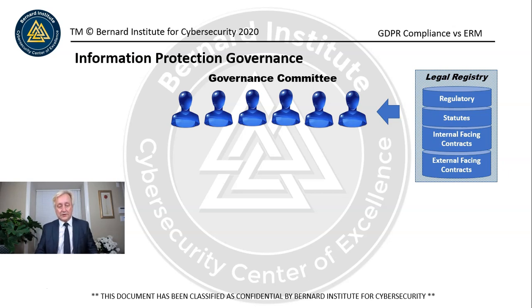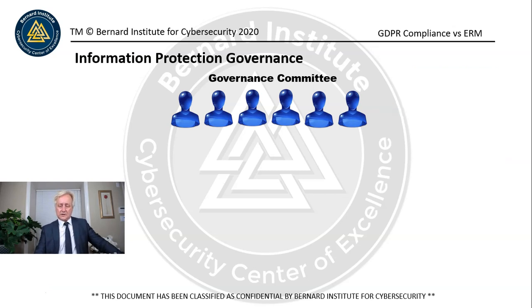External-facing, we have obligations to our customers. GDPR is a good example of that. So if our customers have entrusted their personal information to us to perform a certain service or provide a product to them, then we better darn well make sure we protect their information. So it's important to define these. And we also delineate between the 4 because they all have different specific goals that need to be addressed. So the governance committee needs to be aware of that.